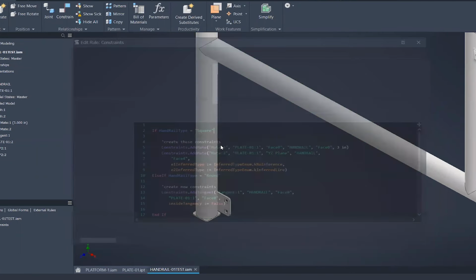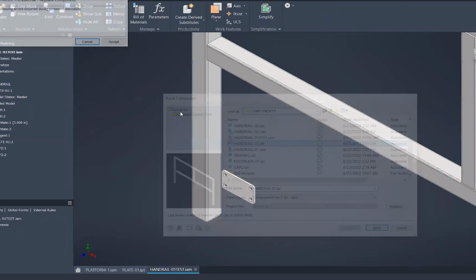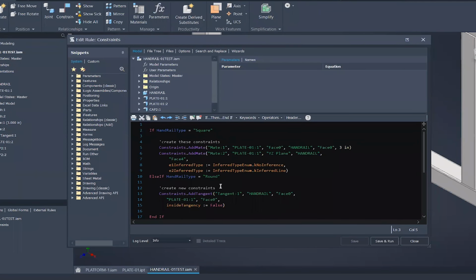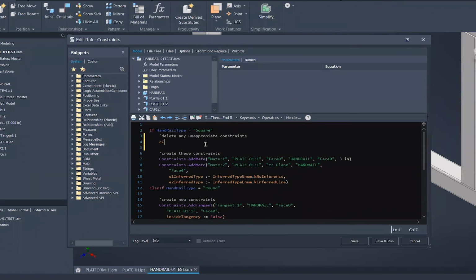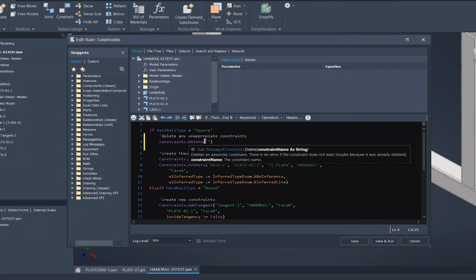Yeah, it gave us an error. If I was to switch this back to this hand row, we get an error, right? Because this tangent doesn't work. So we have to delete any constraints that are not necessary for this square hand row. So right here, delete any non-appropriate constraints. We can go type constraints, delete, and when we're deleting a constraint, all we have to do is